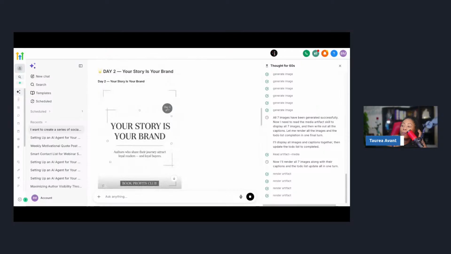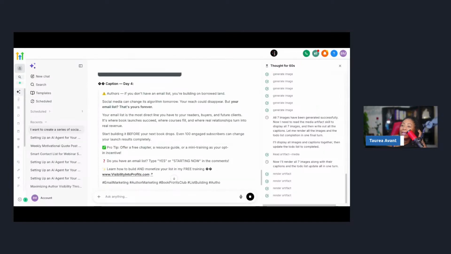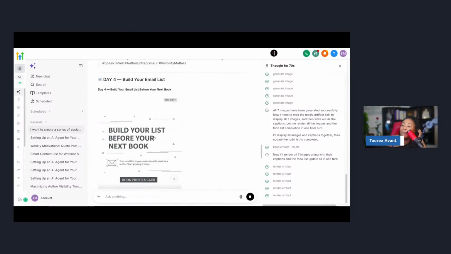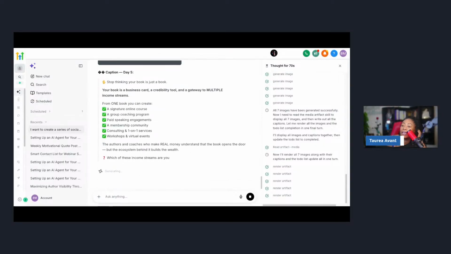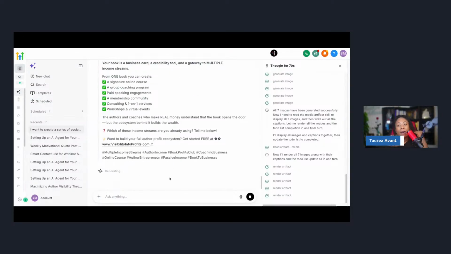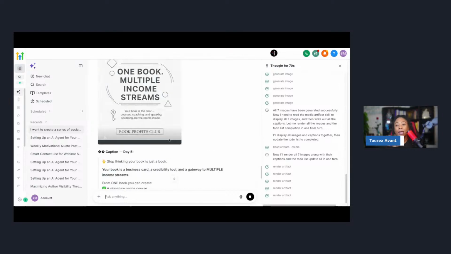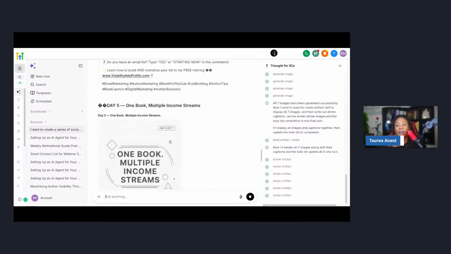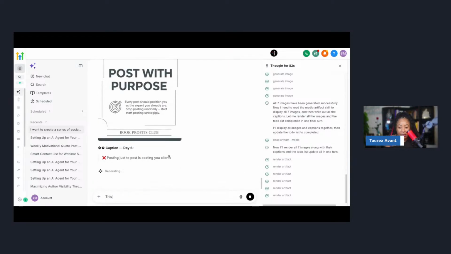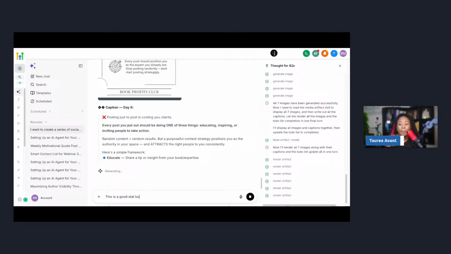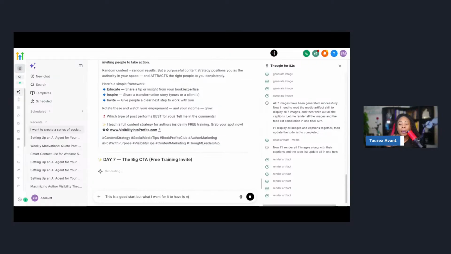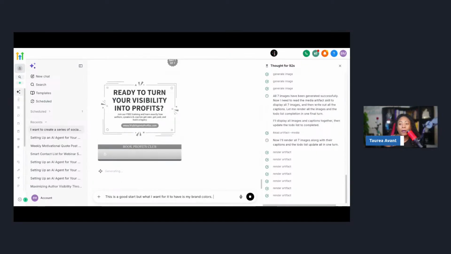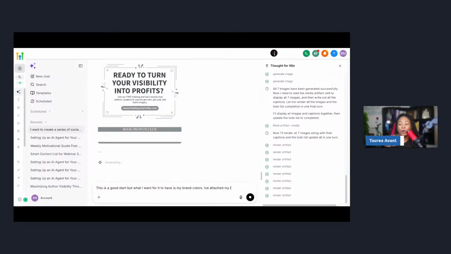So as it's creating this, I'm liking it, but it's too plain. I'm going to tell it that it's too plain. I want to have graphics, I want it to have images, and I want it to have my brand colors. I'm going to let it finish, because you've got to let it finish all the stuff. I'm saying this is a good start, but what I want it to have is my brand colors. I've attached my logo.